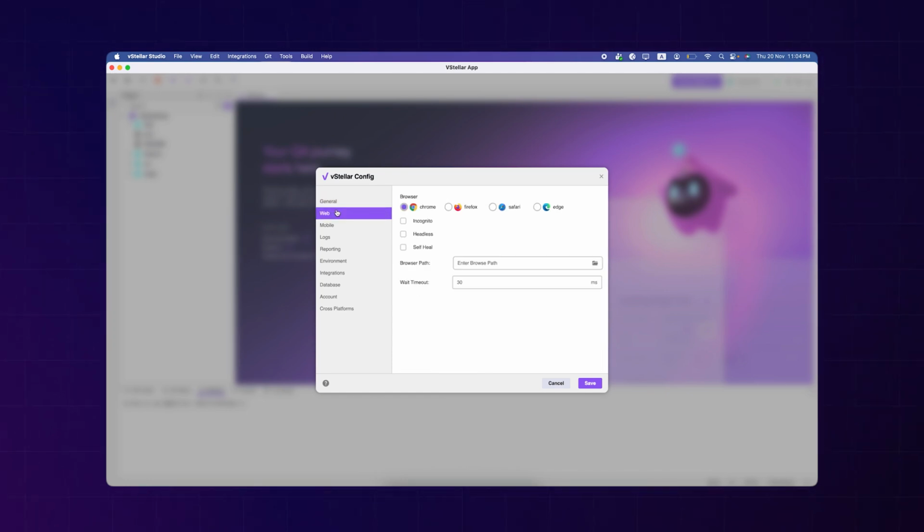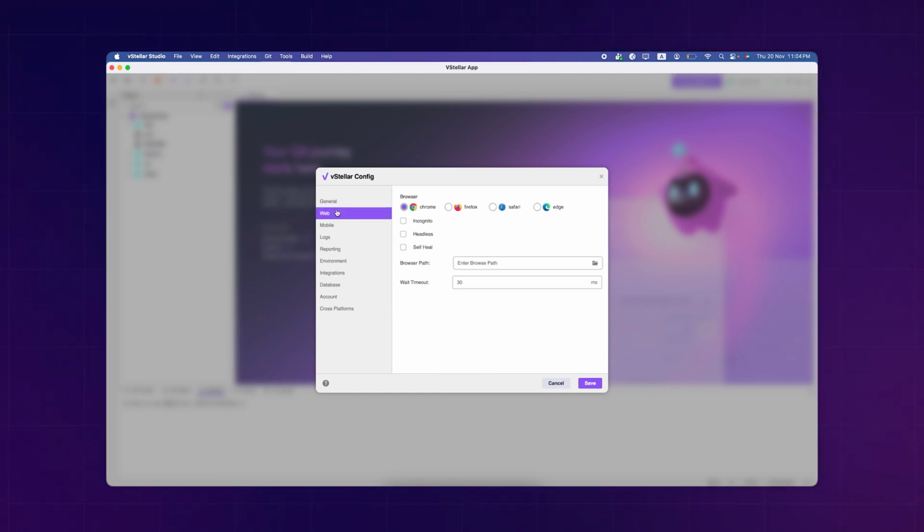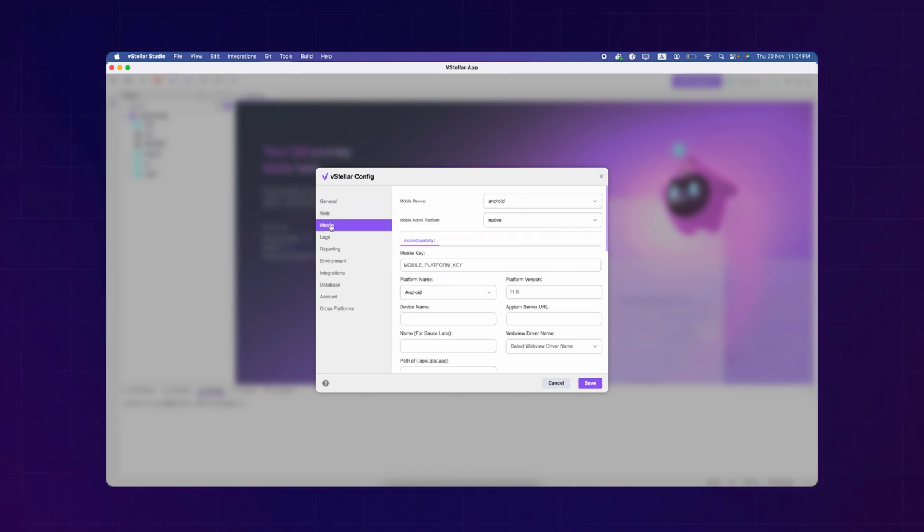Next up is the Web tab. Here you can choose your preferred browser and toggle features like incognito mode and headless mode, depending on how you want your test to run. Then we have the Mobile tab. This is where you set all your mobile capabilities, making it easy to configure devices, OS versions, and anything else